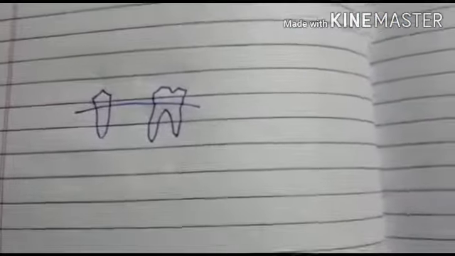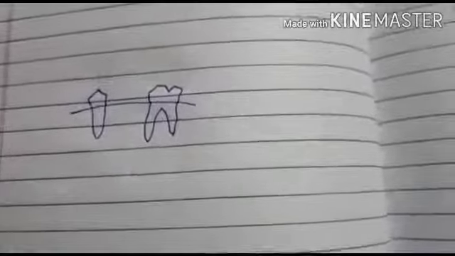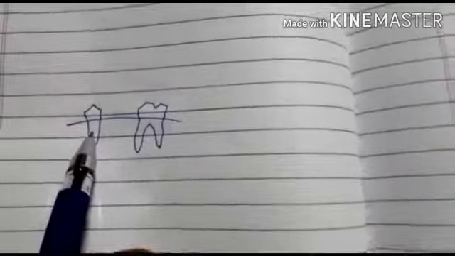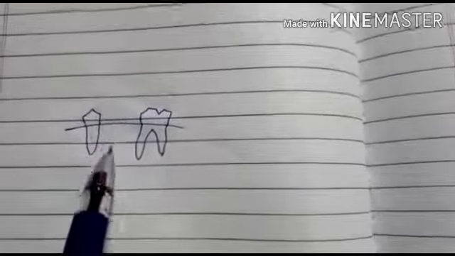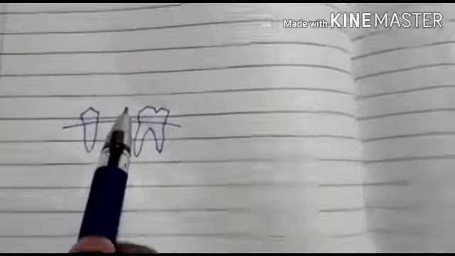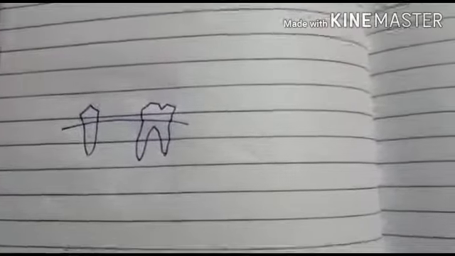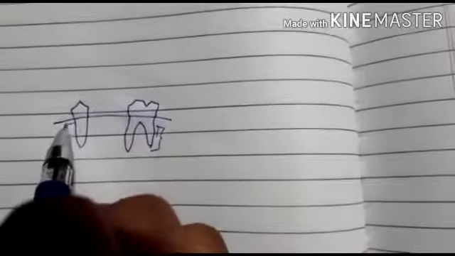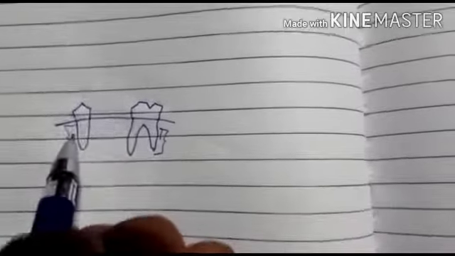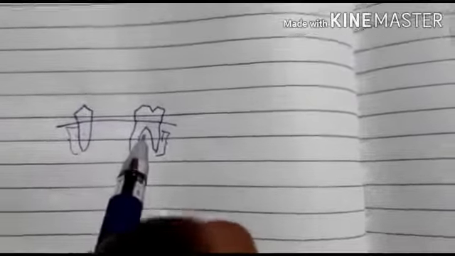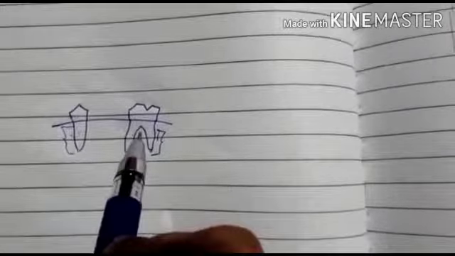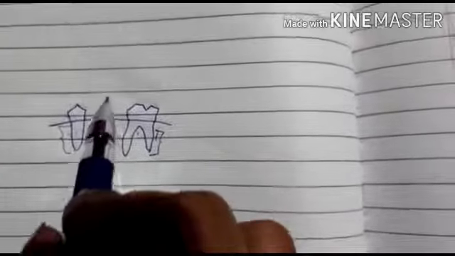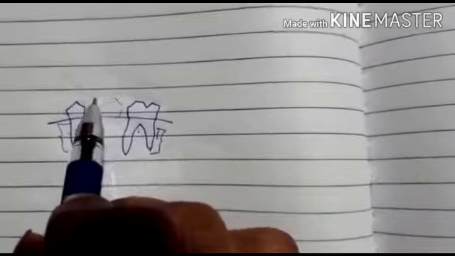The Ante's law states that the total periodontal ligament area of the selected abutment tooth or teeth should always be equal to or greater than the periodontal ligament area of the teeth which we are going to replace. Now what does the word perisegmental area mean? It's nothing but the total root surface area of the selected abutment tooth or teeth. Okay, so the sum total of the root surface of the selected abutment tooth or teeth should be equal to or should be greater than the root surface area of the missing tooth which we are going to replace.